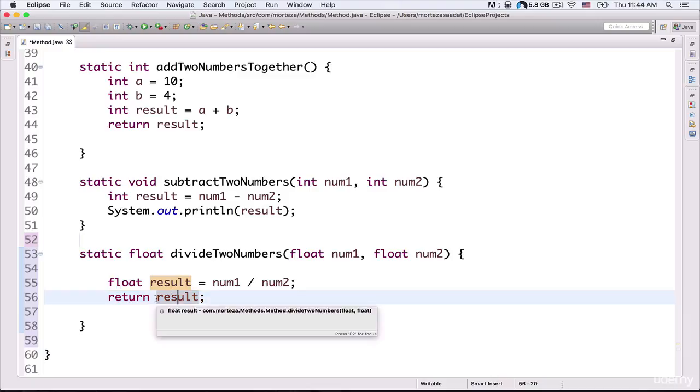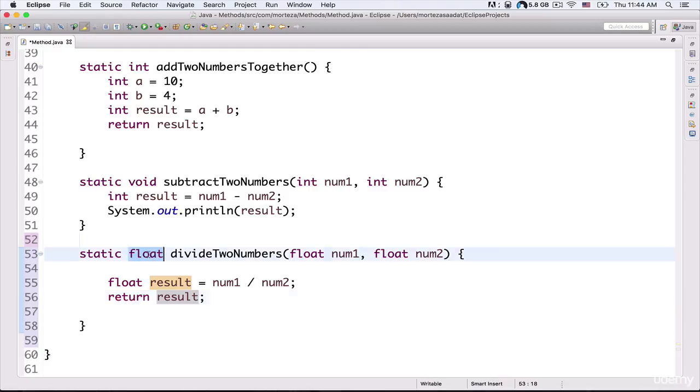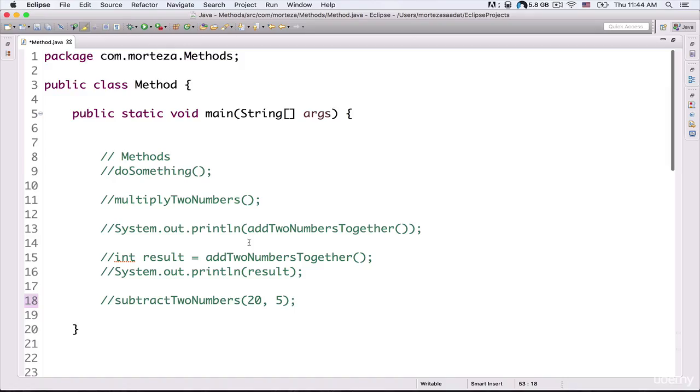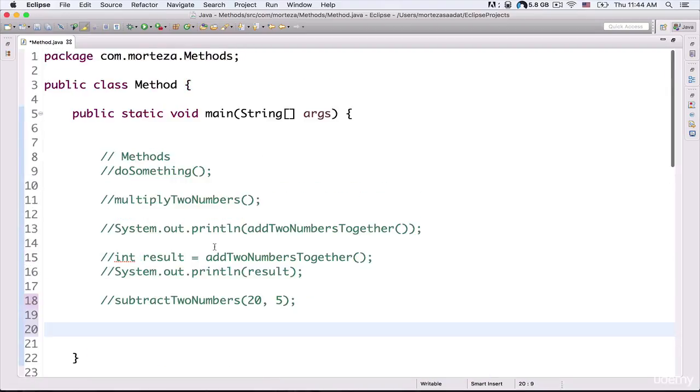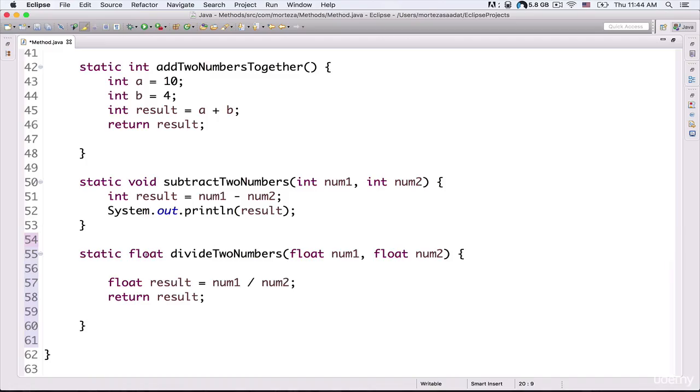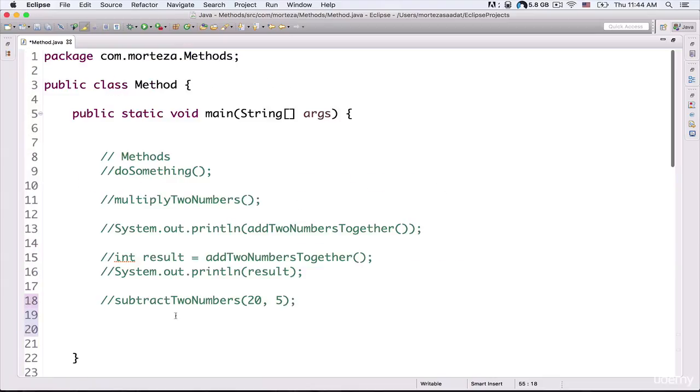So this result variable is of type float, and we must return a value of type float from this method, because the return type of this method is float. And then I want to call this method from the main method. Because this method returns a value of type float, I can directly output the value of that method to the console. So I just need to type in here